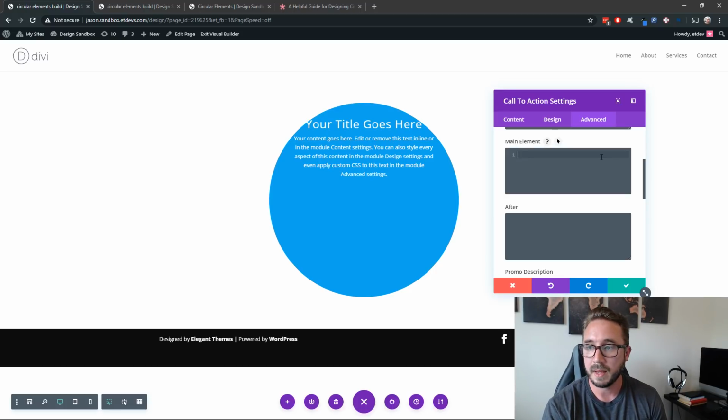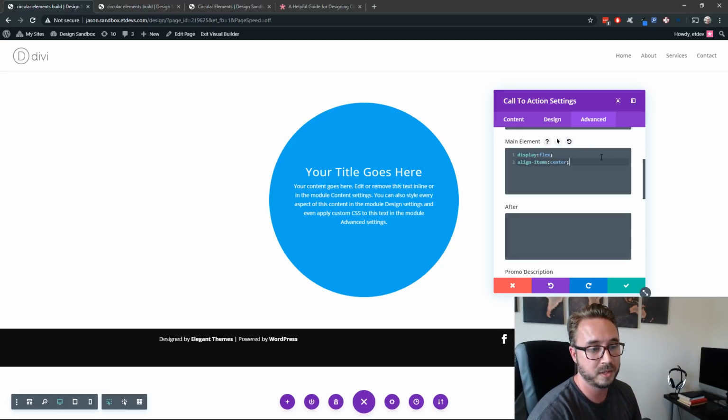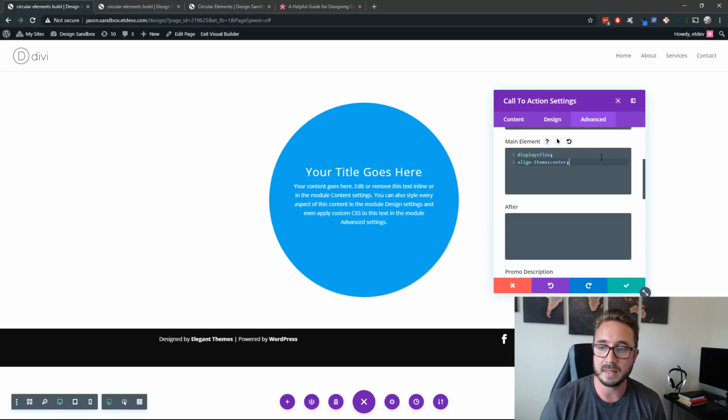So it's basically going to change the text element within our module into a flex box. And then what we can do is tell it to align vertically. So I'm going to put align items center. And there you go. That will make sure and align that content vertically, or make it vertically centered within